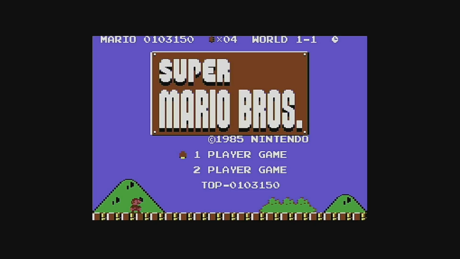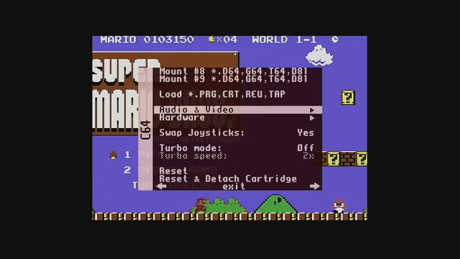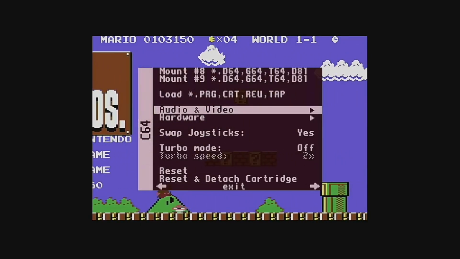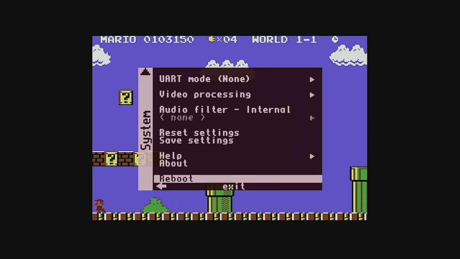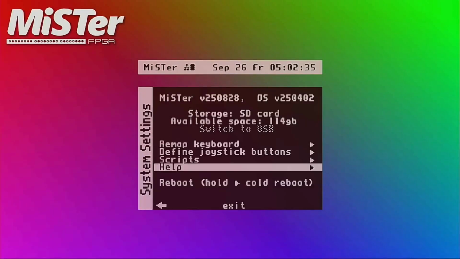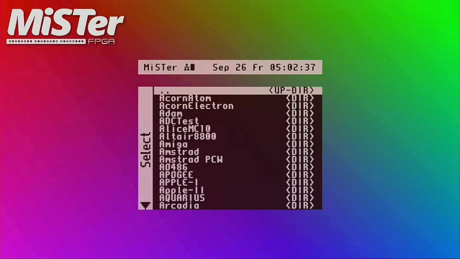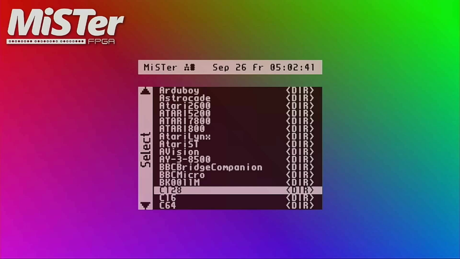Okay, and we're back on the MiSTer again. I should have shown you this before we got out, but I didn't. So let's do a reboot here. And I'll try to remember to do this for every system, just to show you, if you're interested in only that system and you want more information on it, if you go back and go to help, each system you can look at the help on it, which is going to be that same thing